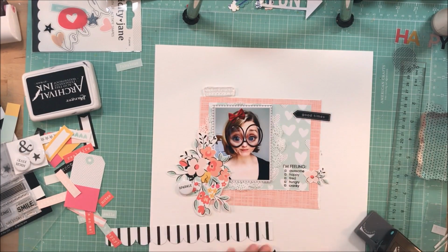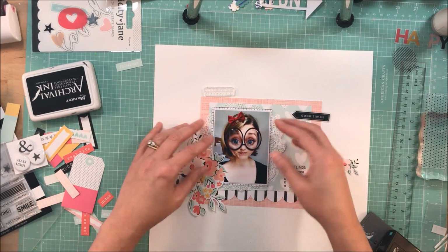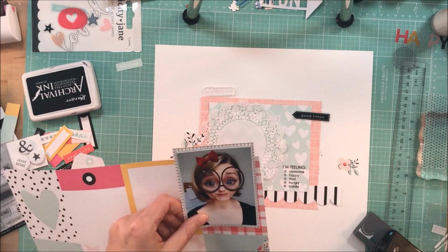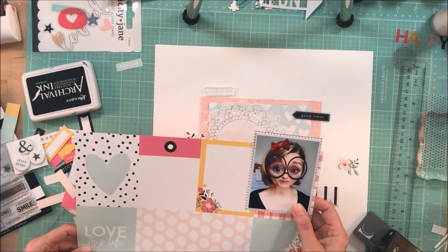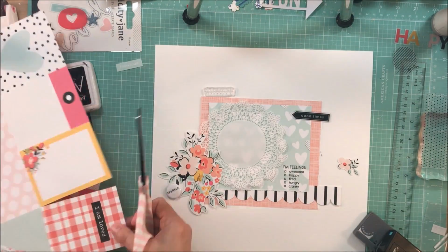So here I am just going ahead and using my favorite scallop punch. You can see that I was using my arm to help punch it. I'm not sure if I said this before on one of my videos, but for those that may have arthritis in their hands,